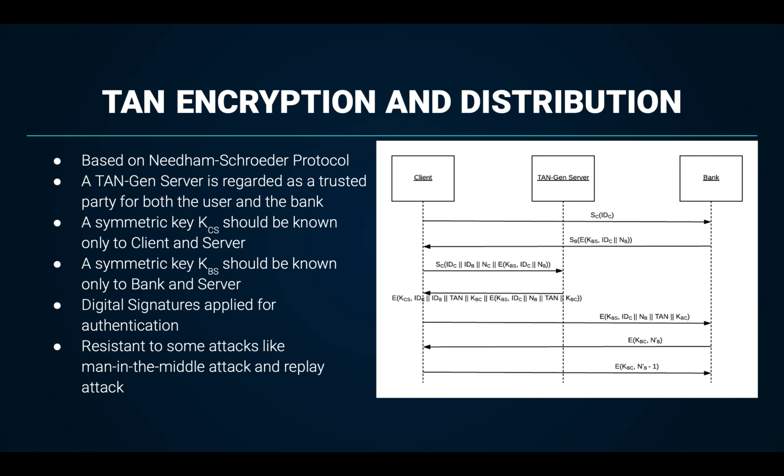After the verification, the TAN-GEN server will append the TAN as well as the master key K_BC in both C's and B's encrypted messages. Then the client gets his own part of TAN and K_BC, while sending B's part with his encrypted key. B sends C a nonce encrypted under K_BC to show that he has the key. C performs a simple operation on the nonce, re-encrypts, and sends it back, verifying that he's still alive and he holds the key.